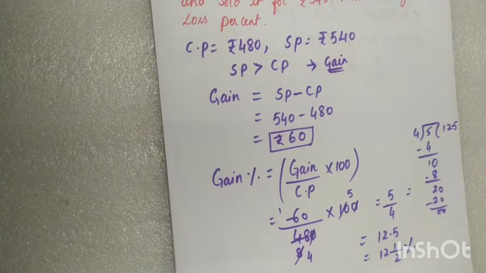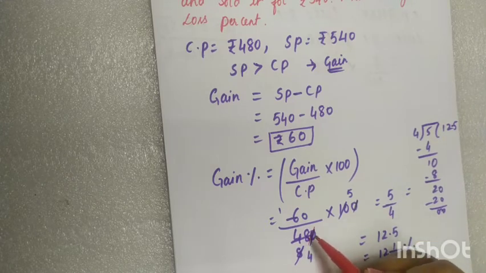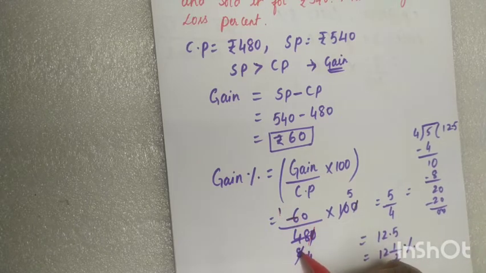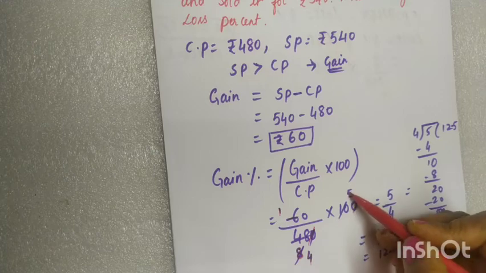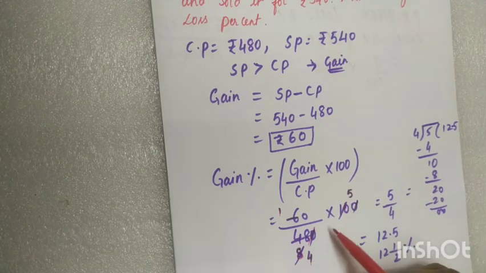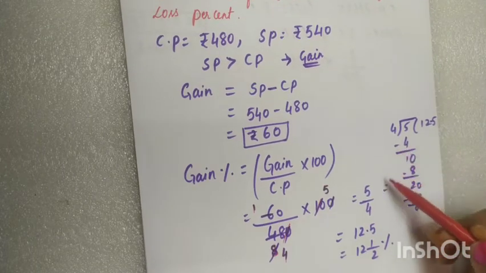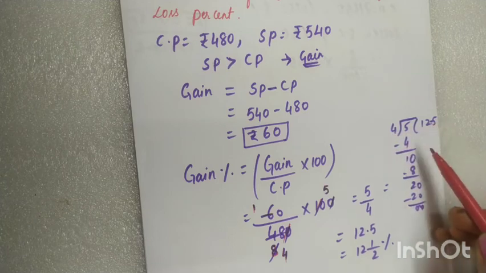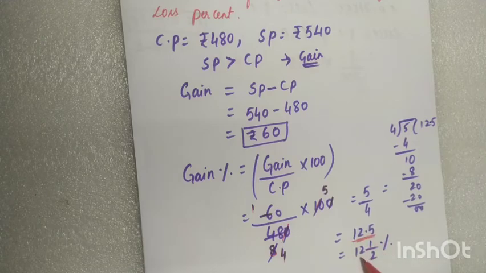When we do the calculation, that is cancellation, the 0 and 0 get cancelled, and 6 from 6 here. 6 ones are 6, 6 8s are 48, and again 2 4s are 8 and 2 5s are 10. So we are left with 5 divided by 4. When you divide 5 by 4, you get 12.5. Just a simple ordinary division. So we get 12.5%.